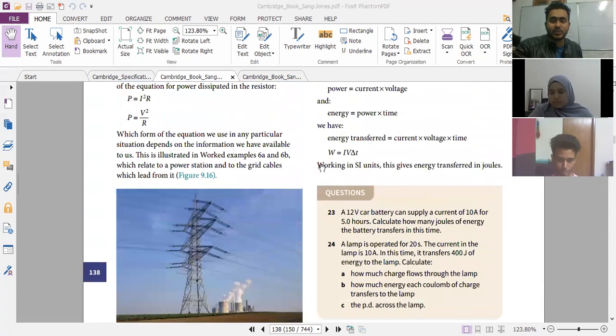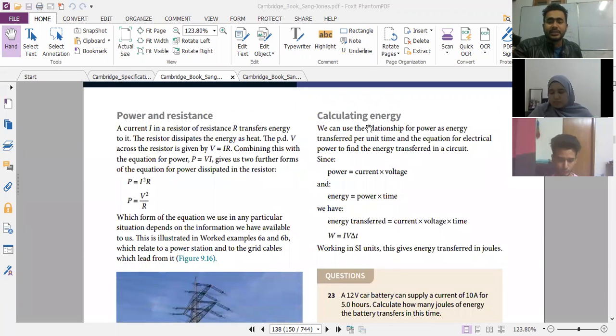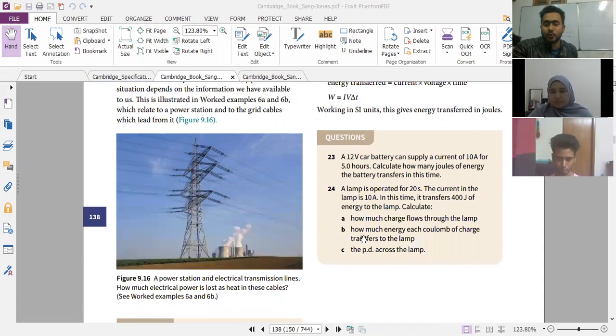তাহলে আমি এখানে ডিসকাস করছি না। লাস্ট পার্ট, ক্যালকুলেটিং এনার্জি, ভেরি সিম্পল। এনার্জি যদি হয় পাওয়ার ইনটু টাইম, or power equals to energy divided by time, and power equals to VI, then energy equals to VI into T. That's it. So work done or energy transfer equals to IV into T. একটা ম্যাথস করে আমরা শেষ করব এখানে, খেয়াল করে দেখি। নাম্বার 23